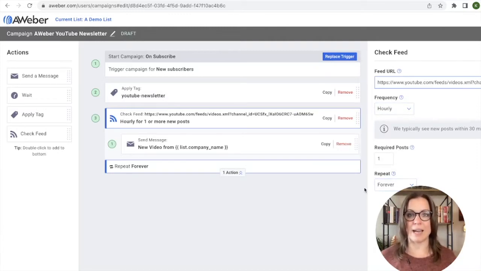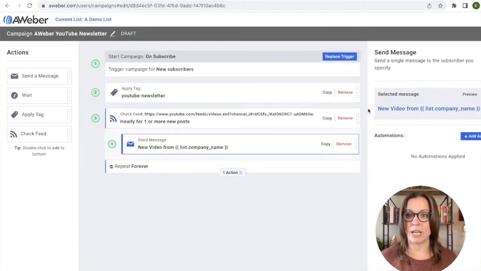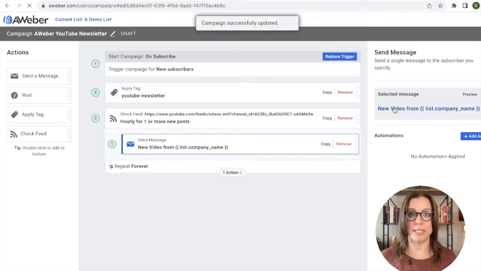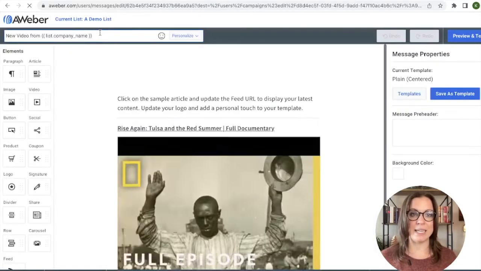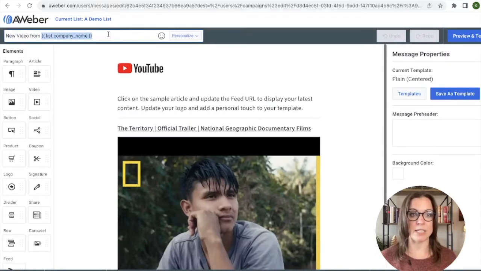Okay, now that I have the settings set up to actually trigger the email to go out when I publish a new YouTube video, what I want to do is edit the message to make sure that it includes all of the elements that I'm looking for. I'll click on Send Message, and then over here on the right, click on the message title to go into it. I'm going to rename this subject line, New Video from AWeber,